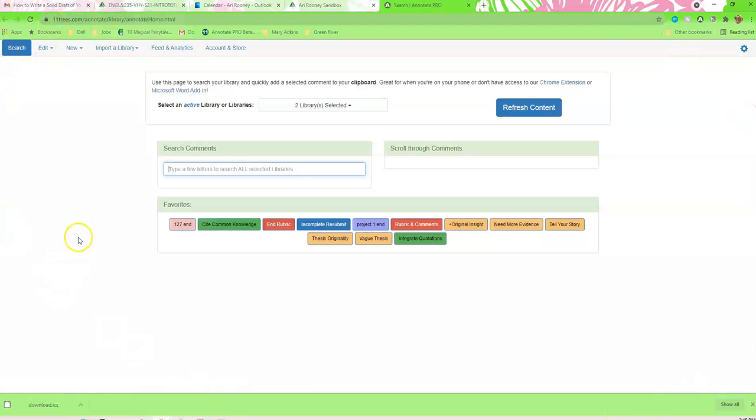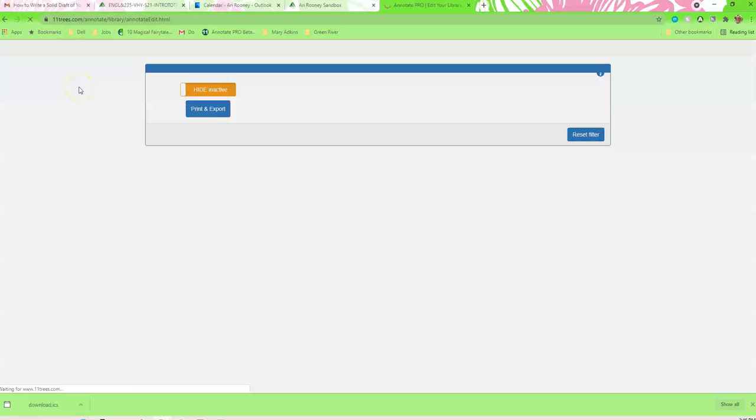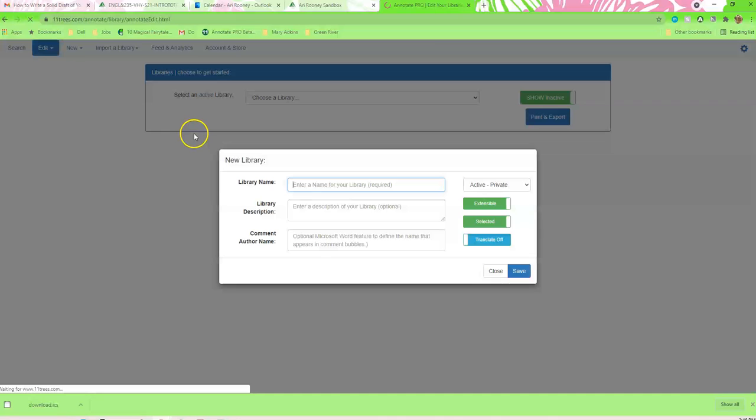And this is where everything lives, right in here. And so in here, you are just going to create a new library. So you go over here, new library. And let's say I want to create a library for a specific class. I, for example, teach a lot of technical communication classes. So I want to create an entire technical